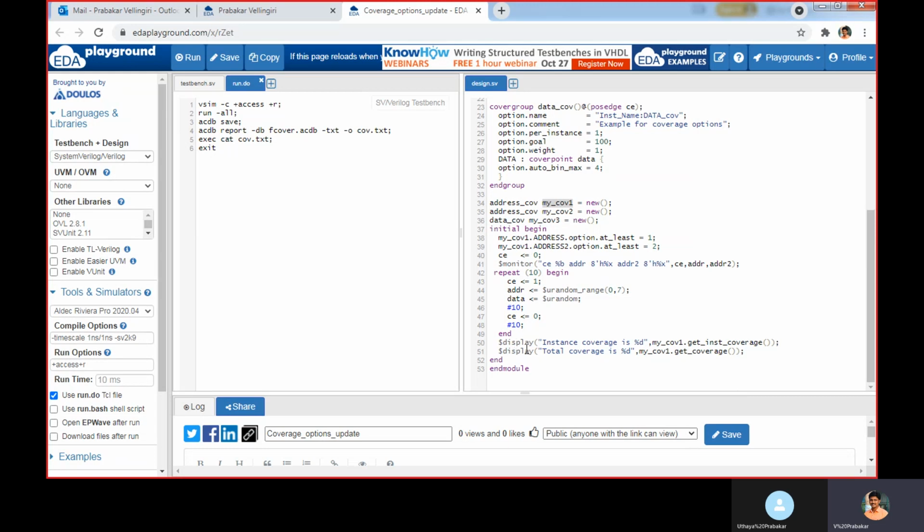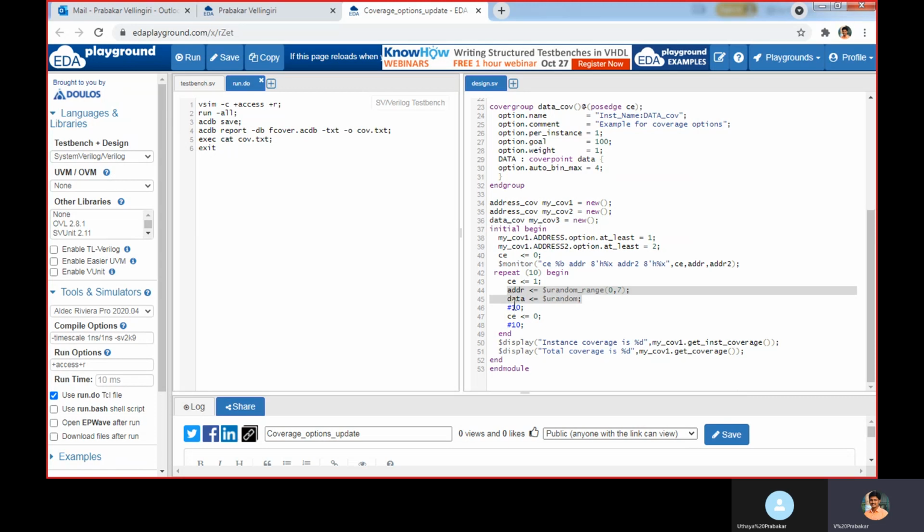Within the initial begin, I make CE as 0, and then I display using $monitor the address and CE values. Then repeat 10 times: make CE as 1, and address and data are randomized.